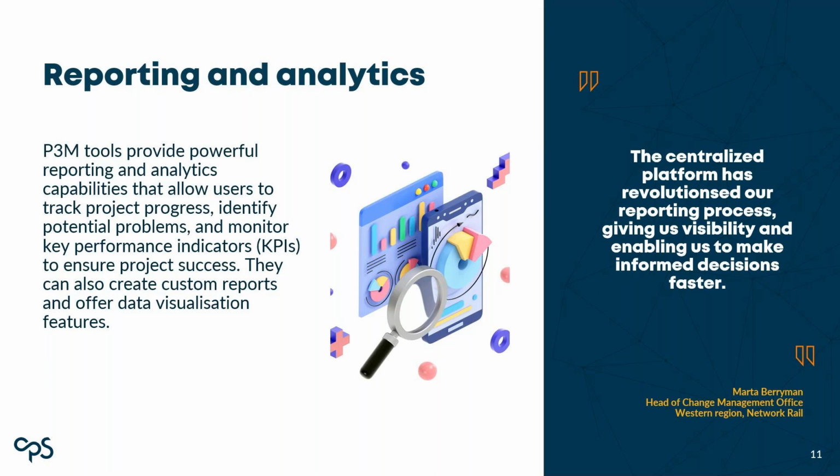We often speak with clients that, believe it or not, spend anywhere between 4 hours in a working week to a whole working week producing reporting packs for portfolio programs and projects. Yes, I couldn't quite believe those numbers as well. When I sat down with a client recently and they told me that one whole week out of every month they had to spend producing the reporting packs for their projects and programs, I was gobsmacked, though not surprised, because